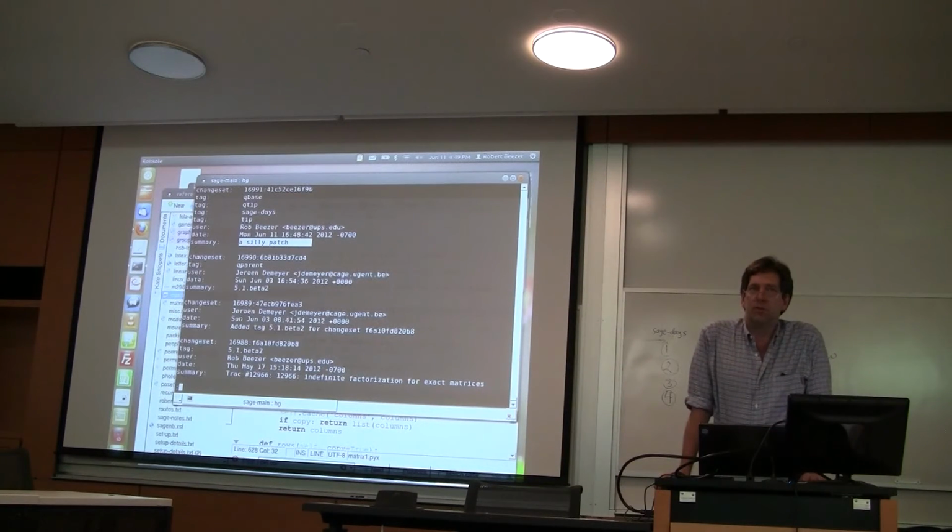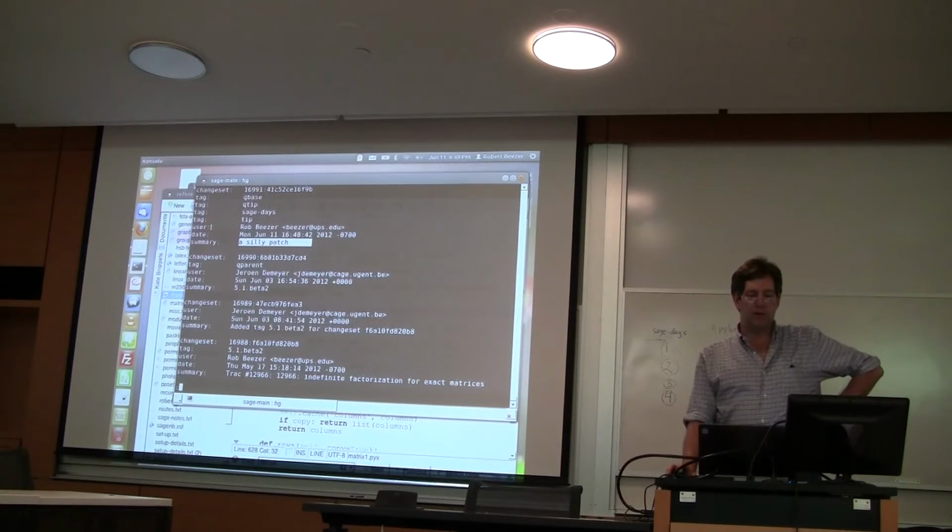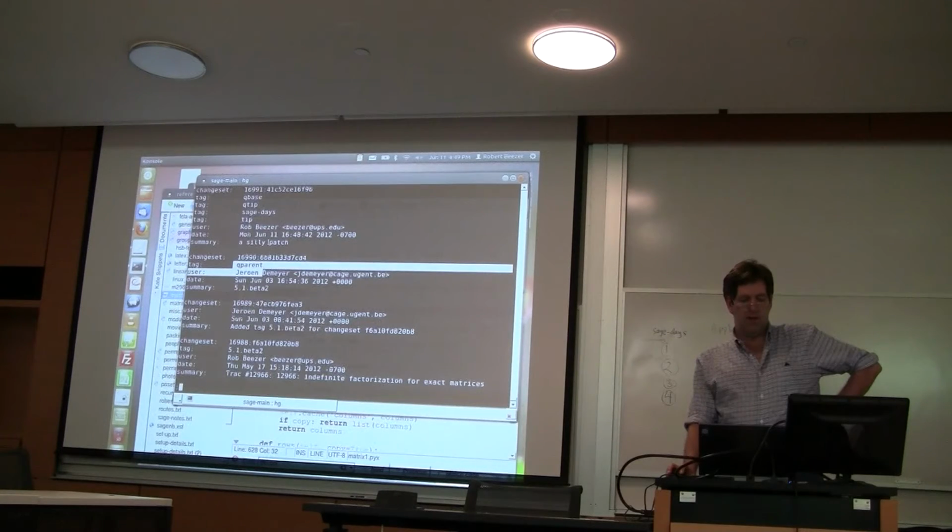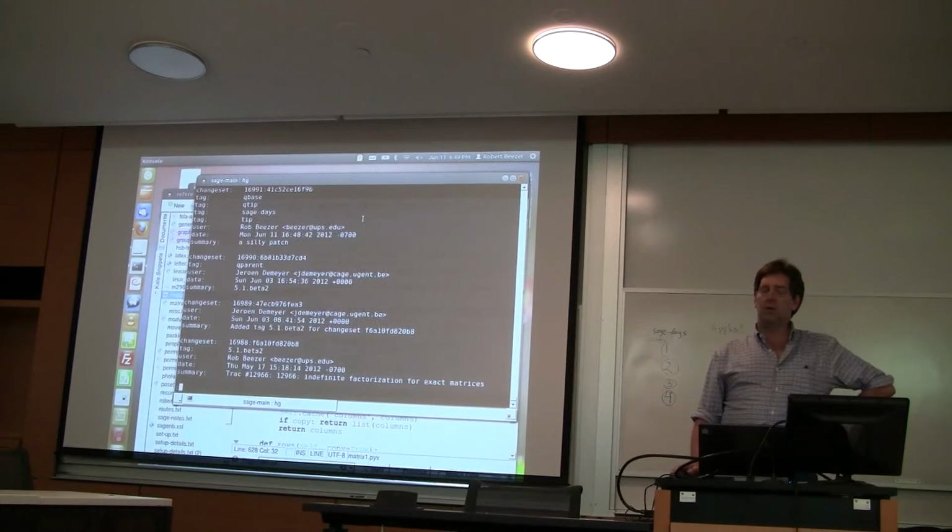Mercurial queues rides on top of the Mercurial infrastructure, and there's all these little tags. There's this queue parent right here. There's a queue tip and a queue base. You'll see a lot of tags, and Mercurial queues is